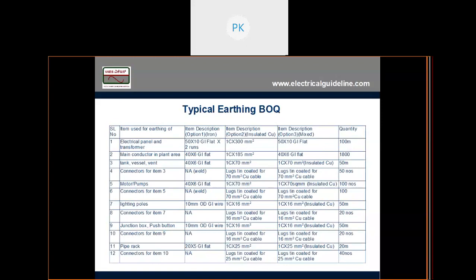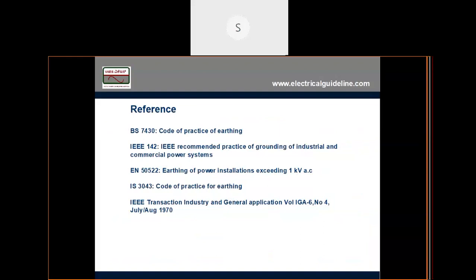No, sir. Okay. Now, finally, what are the references I have used? Yesterday, some of you asked what the reference is. BS 7430 is a very good reference. See, first thing is this training material or any guidelines, whatever these are, remember they are supplementary. You have to go through the standards in detail. BS is British Standard.